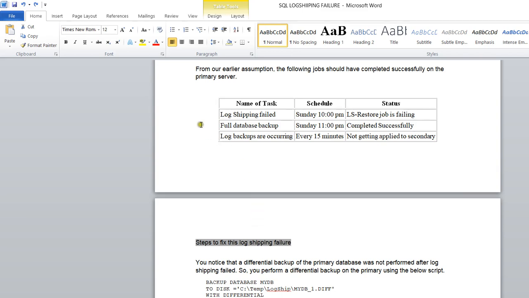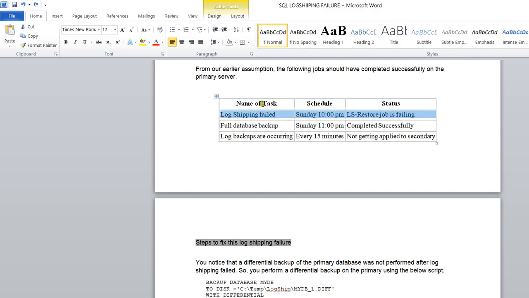The same thing happened in scenario 2. If you see, the full backup on Sunday 11 PM completed successfully, but if you focus here, it completed after the log shipping failed. The log shipping failed here on Sunday 10 PM. After that, the full database backup completed on the primary, right?